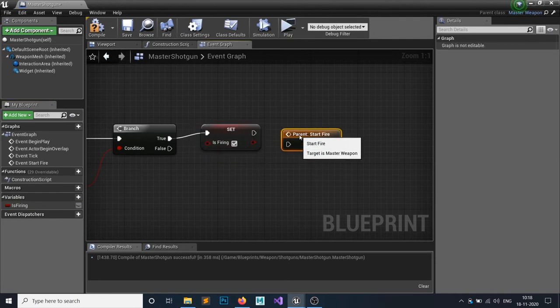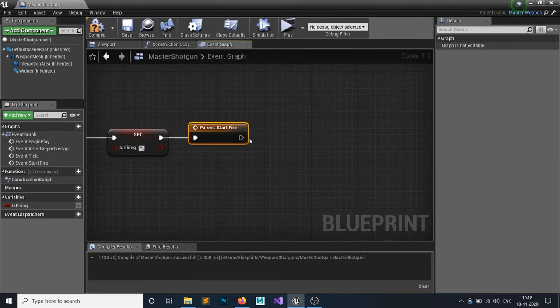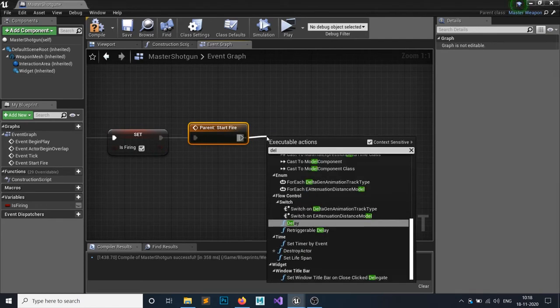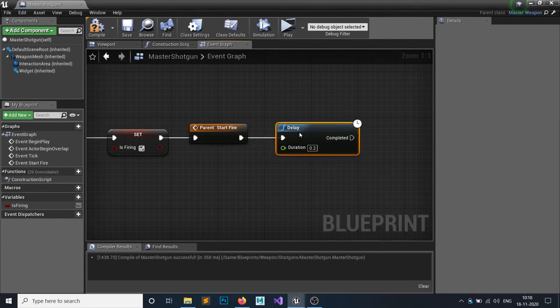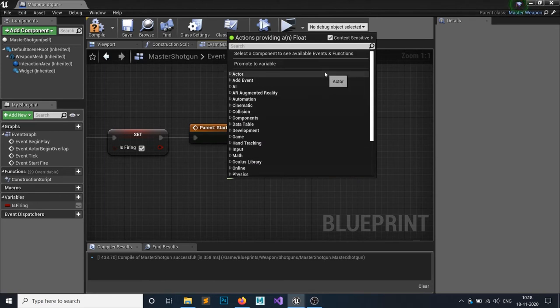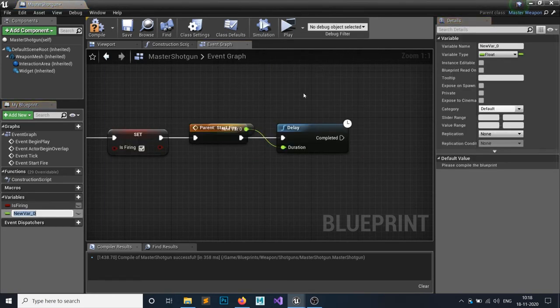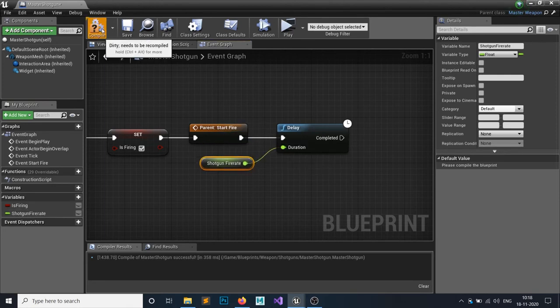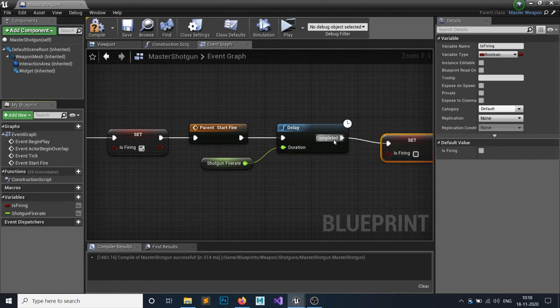Then I have to call this function. Then after some delay, a delay of fire rate, shotgun fire rate or fire rate, whatever you call. So I will simply promote it to a variable. I will call it shotgun fire rate. And then after this delay I will simply set is firing to false.